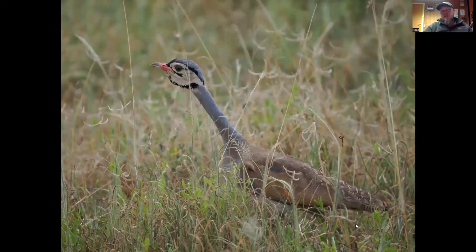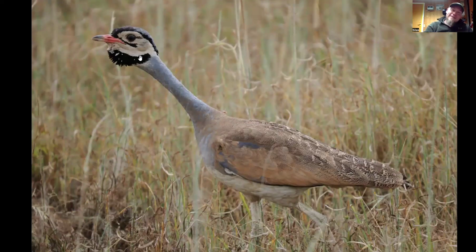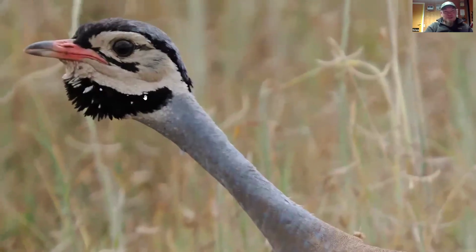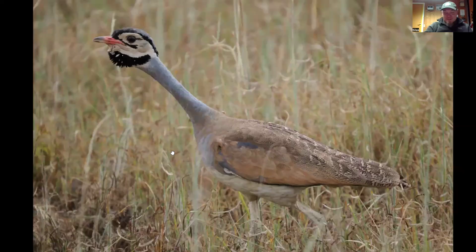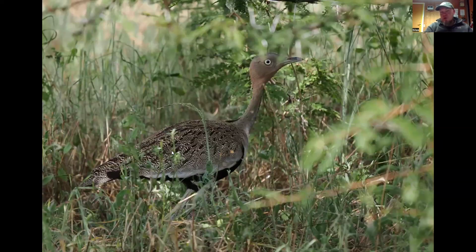and that's a place where you can see both Kori bustard, black-bellied bustard, and this white-bellied bustard, which is really quite a nice bird loving the grassland. It is quite beautiful, I must admit, a strange and nice bustard. You also have a more common bustard called the buff-crested bustard,